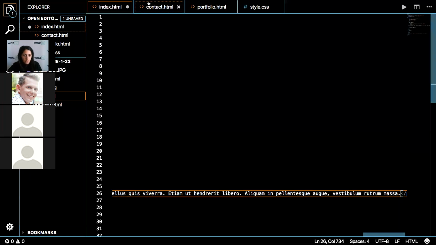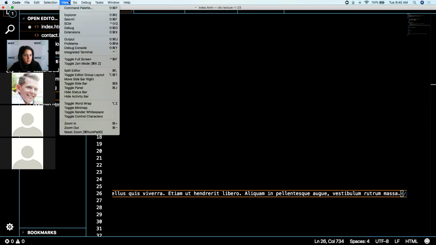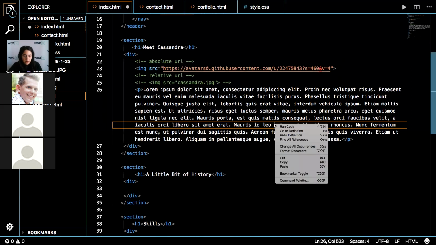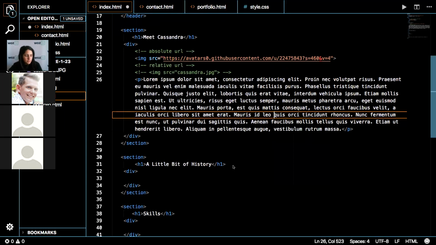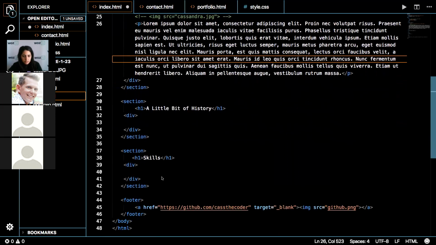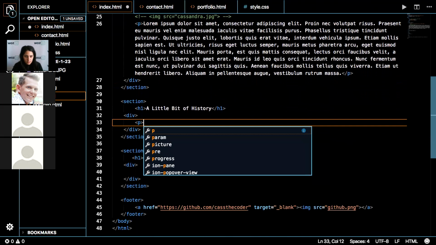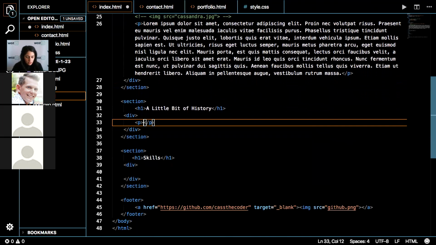So there we go. I'm going to wrap this text so I don't have to slide over. So we have some paragraphs there. Let's put a paragraph here.